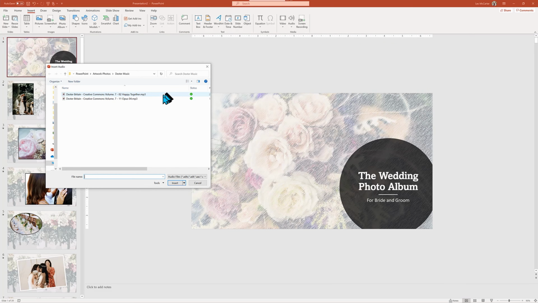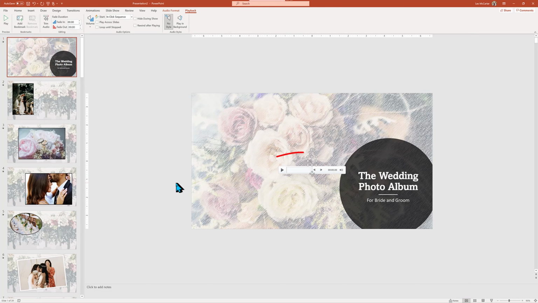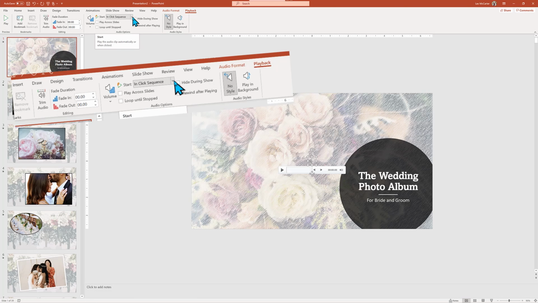I don't cover it here, but you could use Record to put a narration from this same menu. Add a single music track, navigate to that folder, and choose the file to insert the music. On the selected slide, PowerPoint will drop in the media controls to start, pause, and stop the music track. But we want to play automatically, so let's change the start to automatically. Now, after launching the slideshow, the music will begin as we go through the opening title.